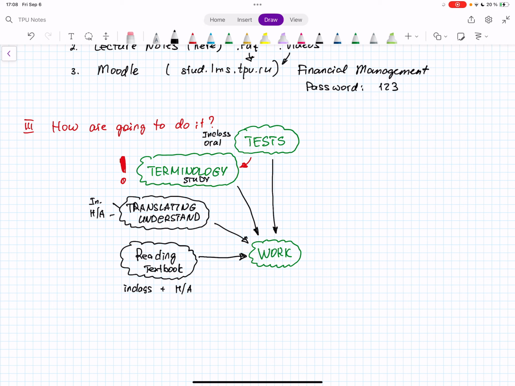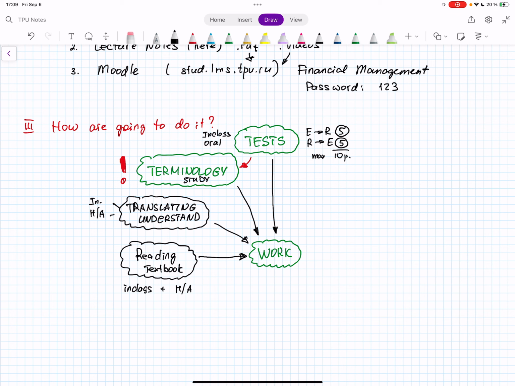It will be done English into Russian and also Russian into English. So you will be answering my questions. For example, I ask 5 terms in English, you give me the translation in Russian. I ask you 5 terms in Russian, you give me the translation in English. And so altogether you can get a maximum of 10 points for one test.